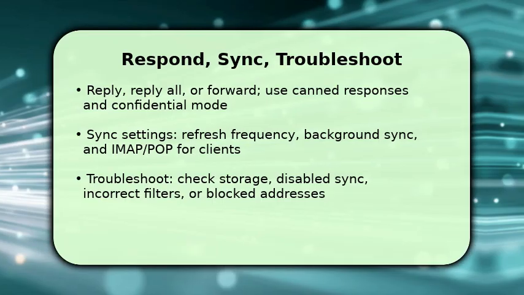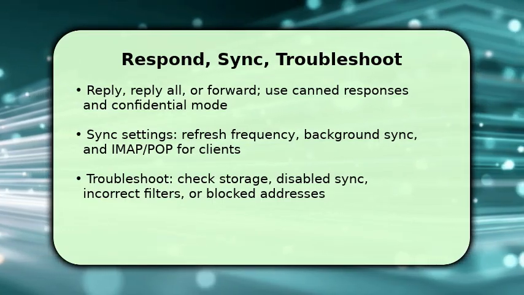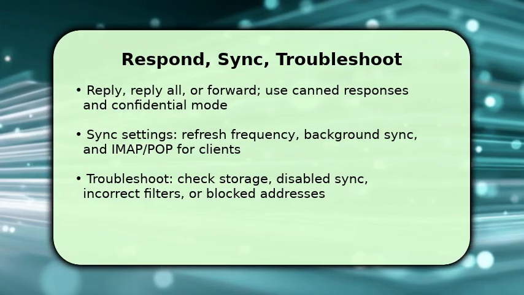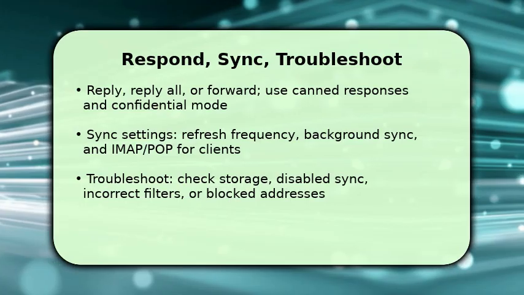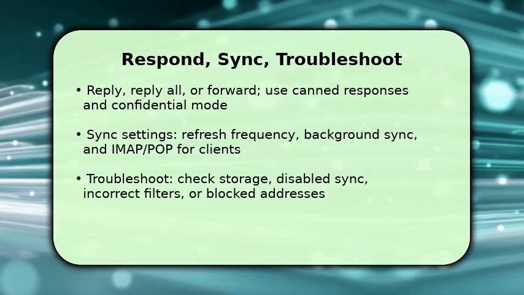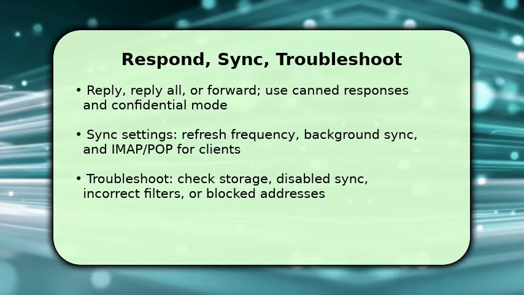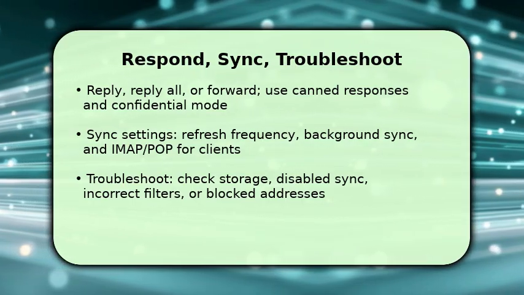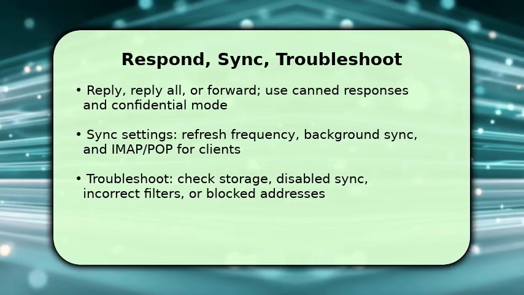If you use a mail client, ensure IMAP or POP is enabled in settings and verify sync frequency so new mail appears promptly. Make sure storage isn't full and check filters and blocked addresses if mail is missing. If sync fails, toggle sync off and on, then restart the app or device. That troubleshooting step resolves most delivery and